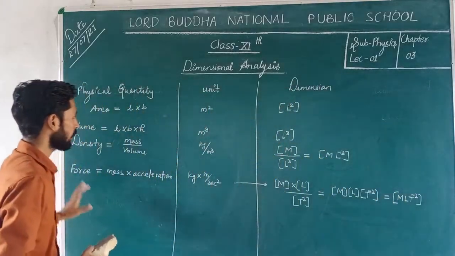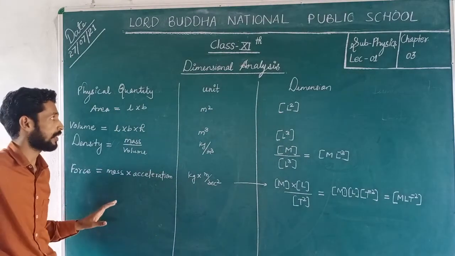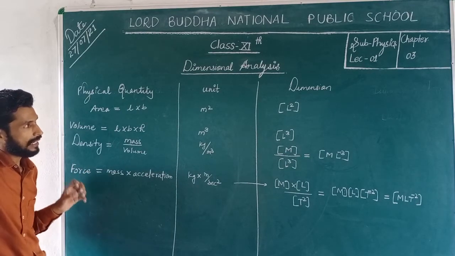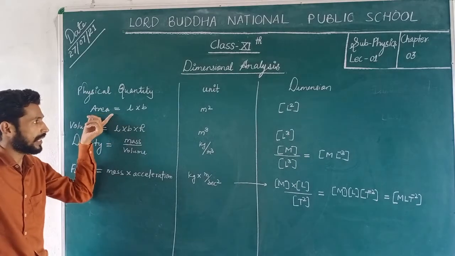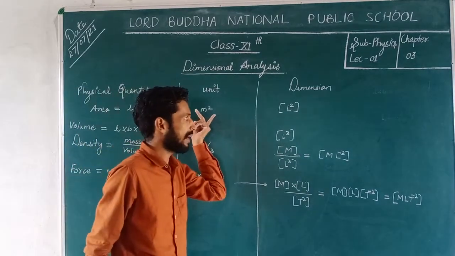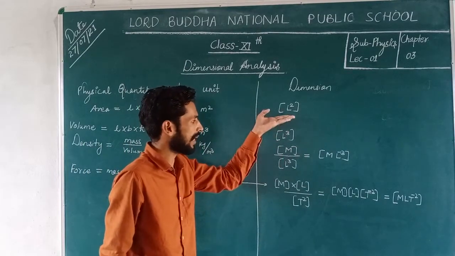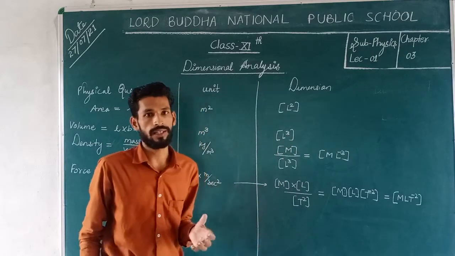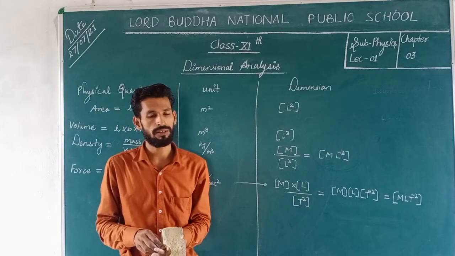So that is the method to represent the dimension of any physical quantity. In the process of finding dimension, first we will write the formula of that physical quantity, then we will write the unit. Now by the using of symbols related to that unit, then we are able to find the dimension of the physical quantity. Okay, so ये हमारे पास मेथड है जिससे हम लोग डायमेंशन को फाइंड आउट कर सकते हैं.